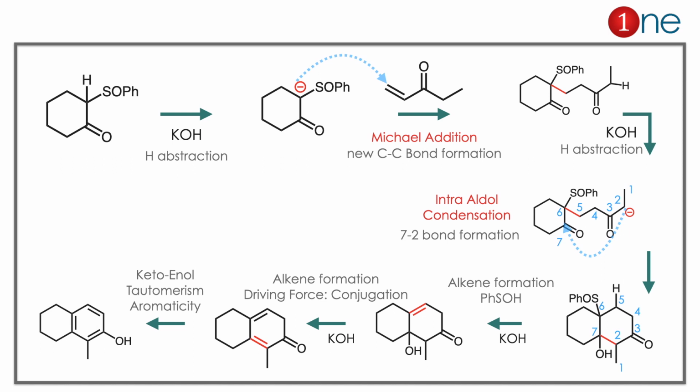Then the next step is keto-enol tautomerism. The keto-enol tautomerism is promoted by aromaticity. So aromaticity influences and it forms. Here you have to learn 2 important things. One is Michael addition. Michael addition is always a 1,4 addition, and it happens with enolates. The second thing is aldol condensation. If you have many functional groups, particularly a ketone and an anion, you might think of aldol condensation.